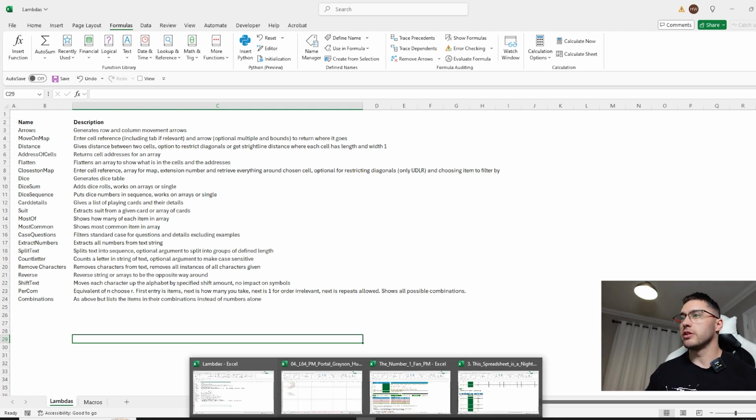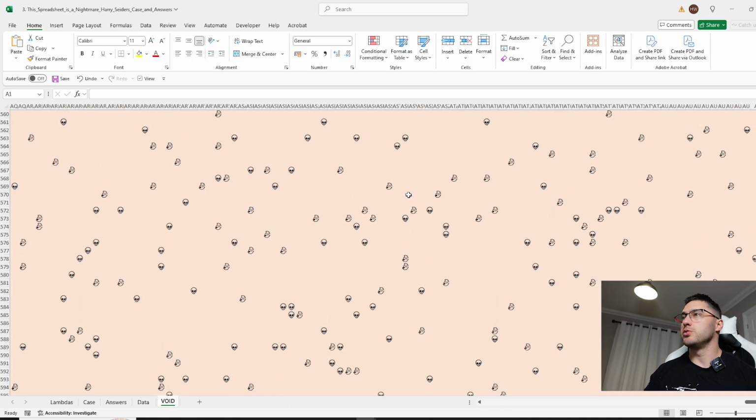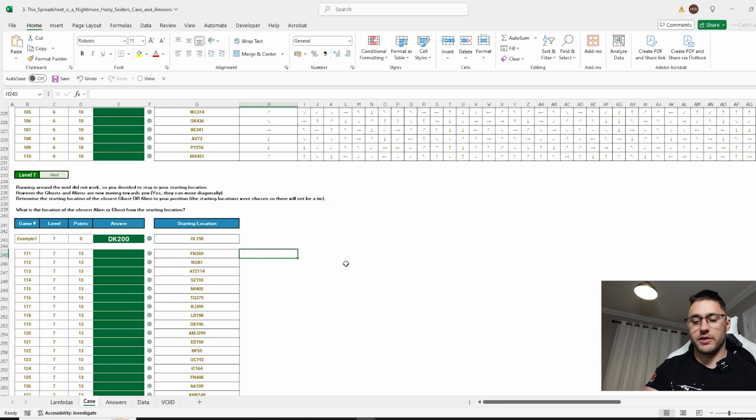The best example use for it is this spreadsheet, is a nightmare. So you have this giant map here, which is huge, and you're given a location and asked to find the closest alien or ghost to you. So I made a lambda that kind of does that. So if I say closest on map,